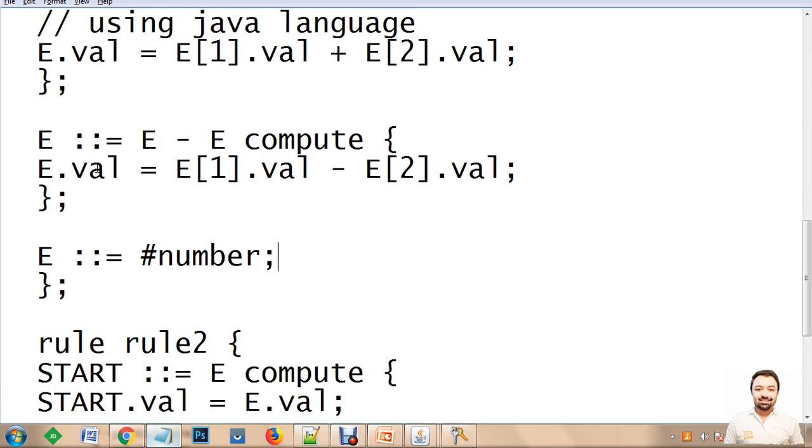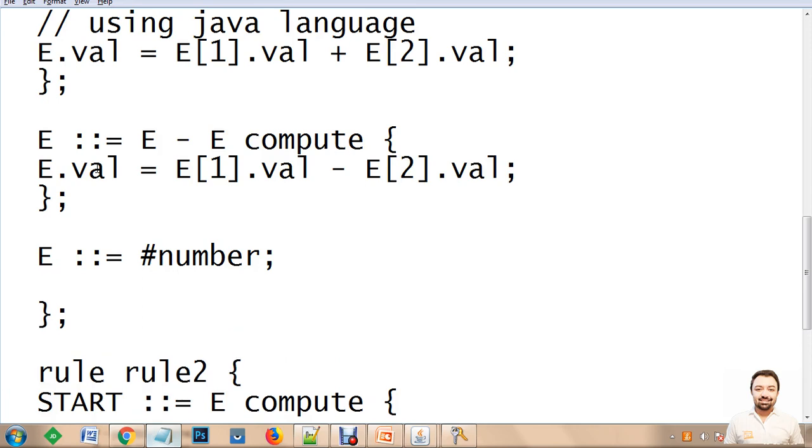Followed by, here we do have a number. As soon as a number is passed from the high level source code, we are going to read its value, whatever the number is. Then we are going to convert it into an integer and store it into an expression, because expression is of integer type. So we are going to read e.value, and we can use hash number. We can select hash number, get its value using this function, and then convert this